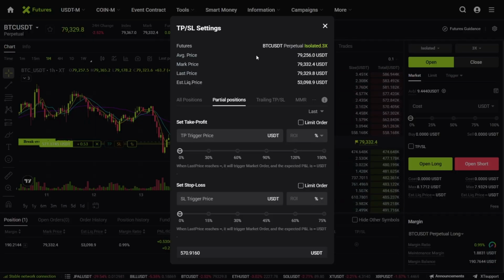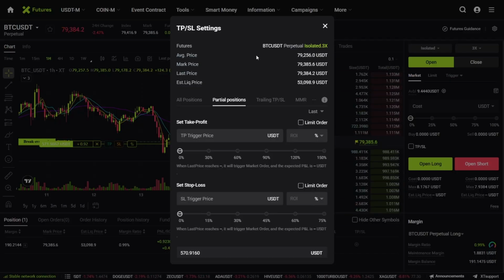Partial stop losses can also be useful because they let you reduce your position if the trade starts moving against you instead of closing everything all at once. So overall, partial orders give traders more flexibility and help them manage risk in stages instead of making one all or nothing decision. So for this tutorial, we are going to create two separate take profit and stop loss partial